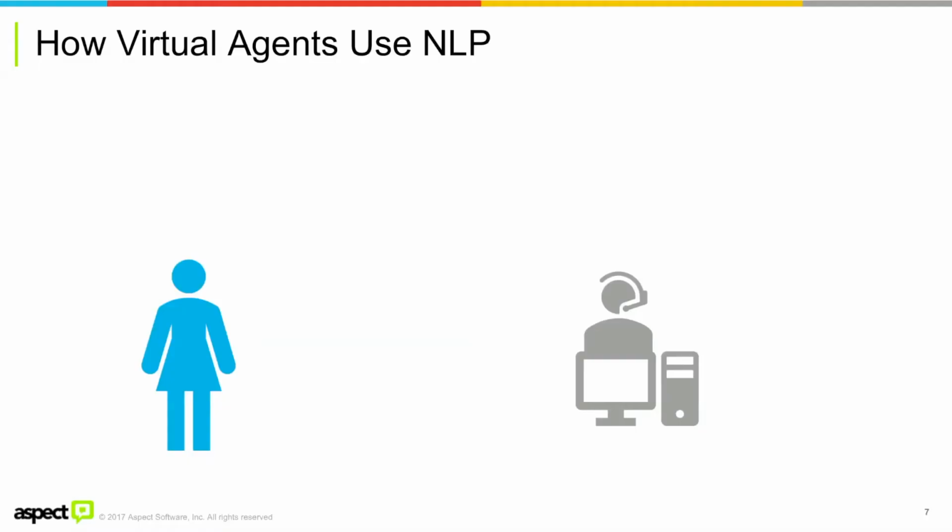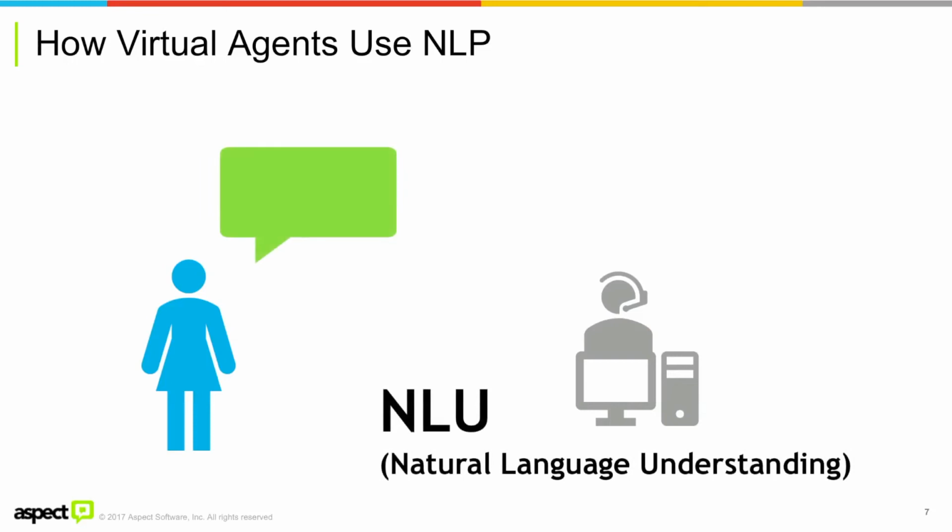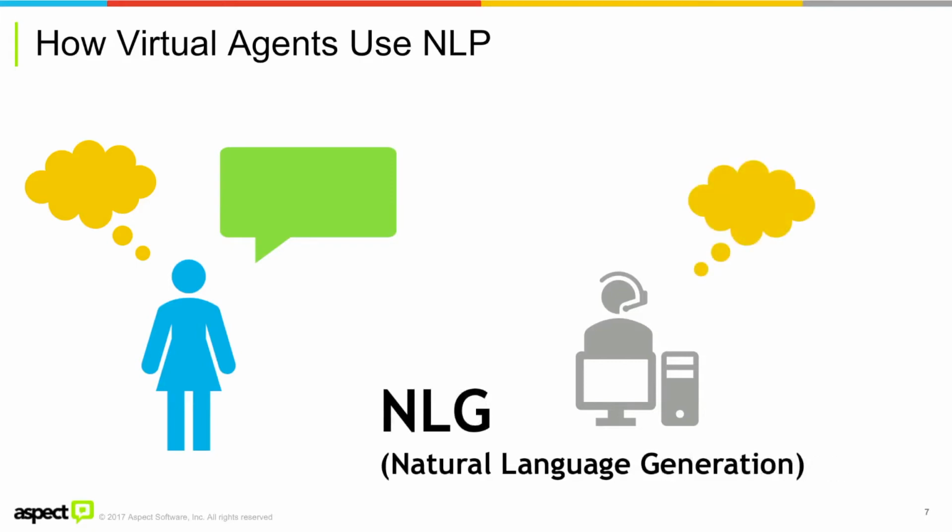So there are multiple things that are encapsulated within NLP that a virtual agent uses. Most of us focus on the side of natural language understanding. So this is the human being says something and the bot has to figure out what was in his or her head when that was said. What's the intent behind this? What's the meaning? If the bot is going to respond with something other than pre-made, pre-recorded sentences, then the bot has to be able to do generation, which is take the intent that the bot has, the message the bot wants to come back with, and figure out what words go with that intent.